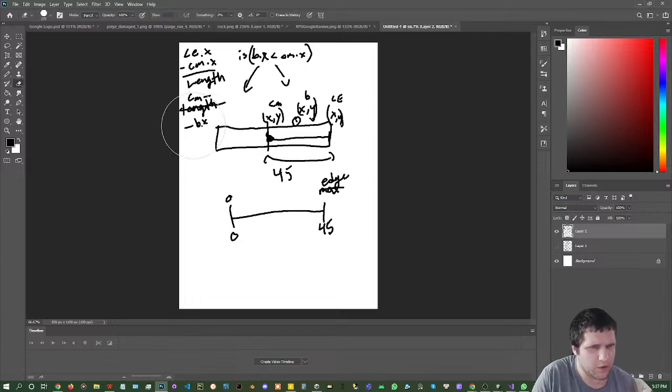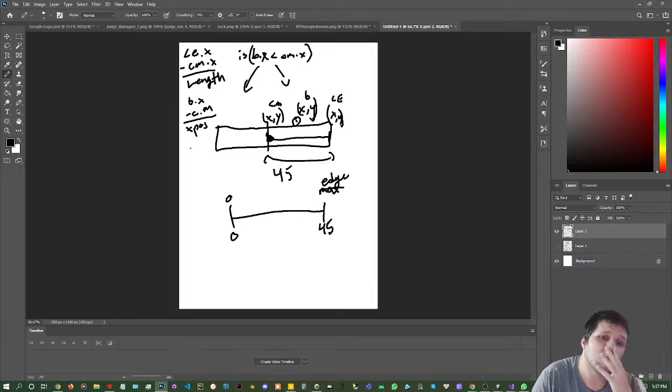No, this would also be b of x divided by c of m, or sorry, subtracted by c of m. So then we have the b dot x minus c dot m, and we get the x position and then,